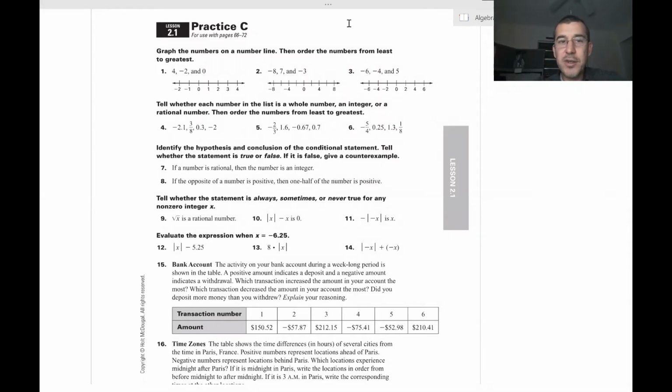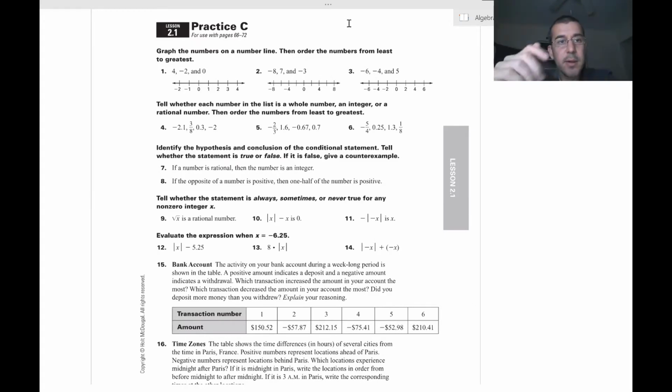We're continuing with section 2.1. We're doing practice C today. Section 2.1 is about using integers and rational numbers and graphing them and comparing positive and negative numbers. So let's start. Number 1 through 3, graph the numbers on a number line, then order the numbers from least